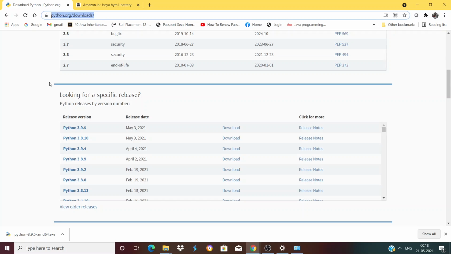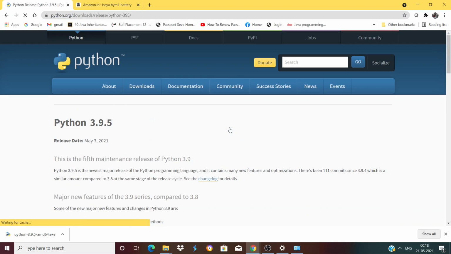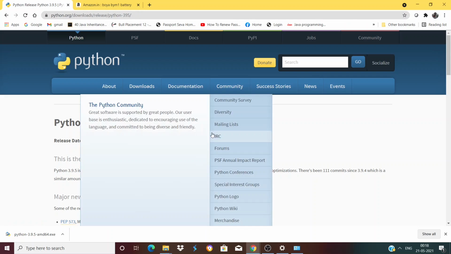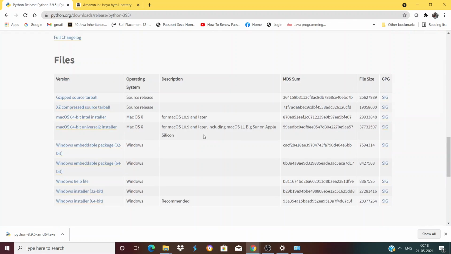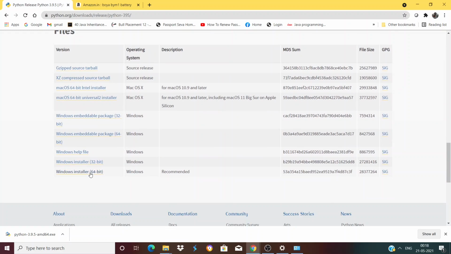Let's now see how we can download it from here. So let's click on this link, download. So it navigates to this page. Now here, if you scroll down, you will see the different versions of the Python interpreter available for download. So my machine is a 64-bit machine, and Windows 10 is installed in my machine, so I